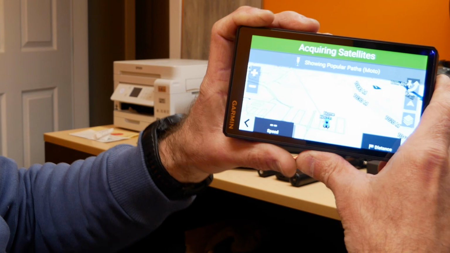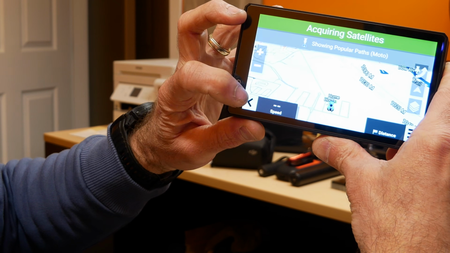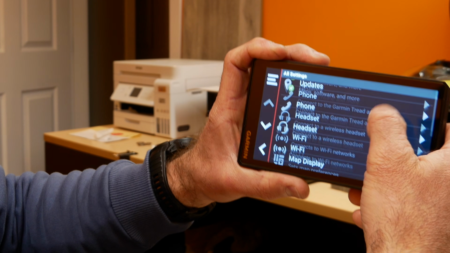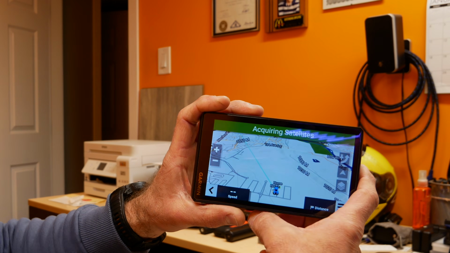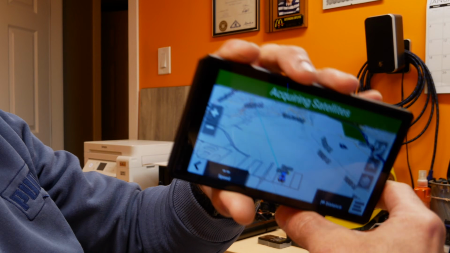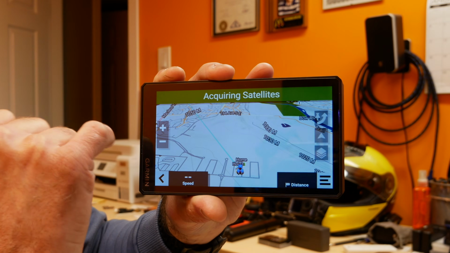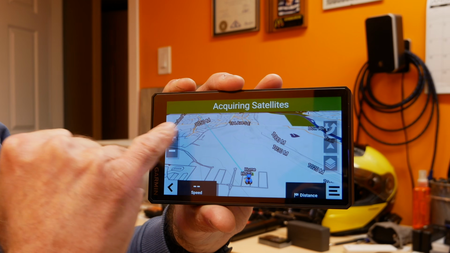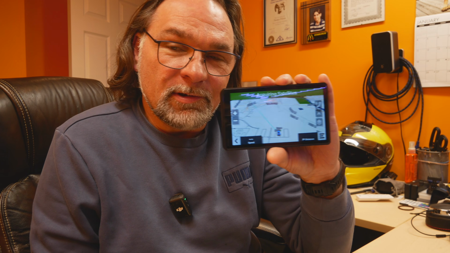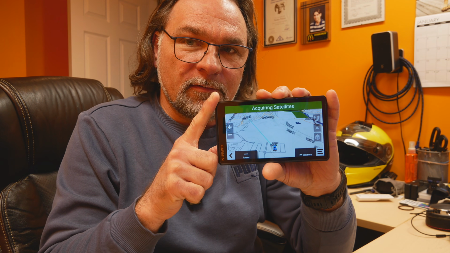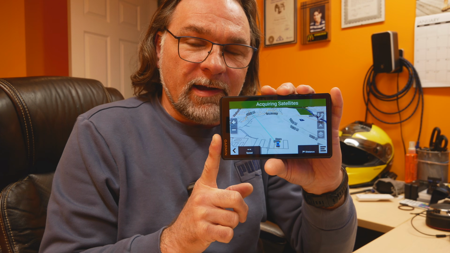Again, turn it into a white screen. That's gonna be kind of harder to see. Let's decrease the level here of brightness. View map, and there we are. Hopefully you can see that. Right now we have no GPS because we're in the basement, but once you get a GPS, it will pull the information in here. So this is how you create a map and move it over to your Garmin device,